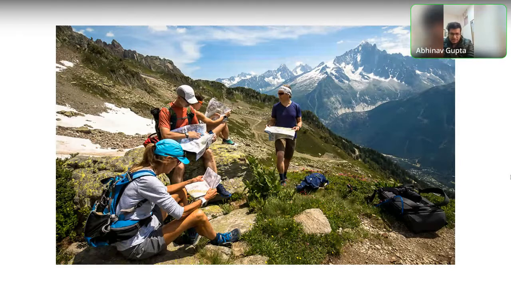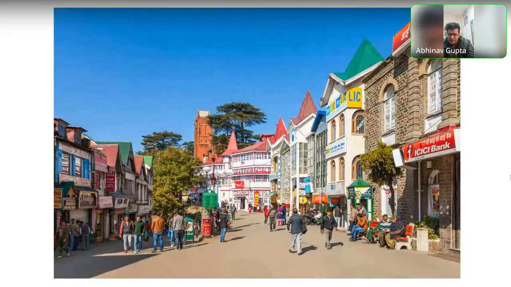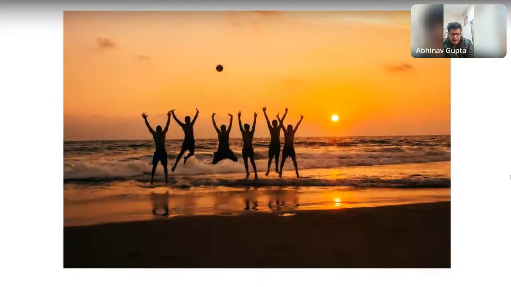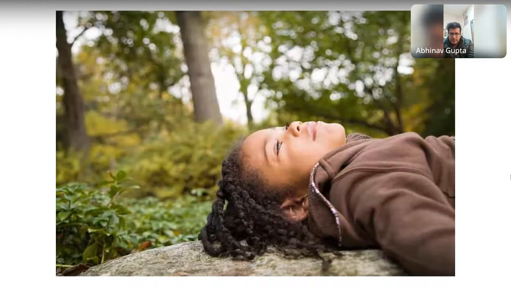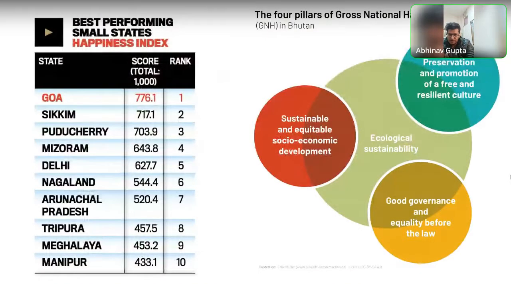Yeah, so as the picture shows, there are people having a good time in the hills. The next picture probably would show how people are having a good time. Okay, this is again the hills. Okay, the next one shows people having a good time around the ocean. So again, an element of nature. And then this is somebody who's relaxing somewhere in the forest, and on the face of it, he looks quite relaxed.